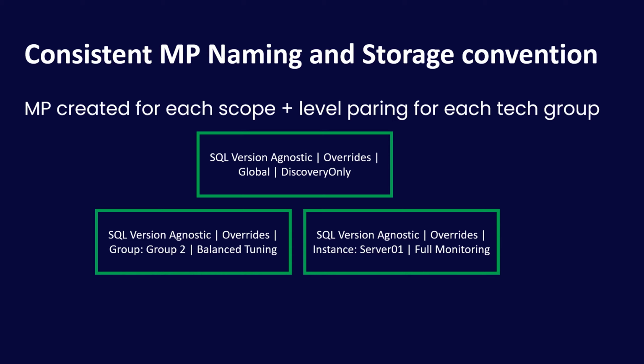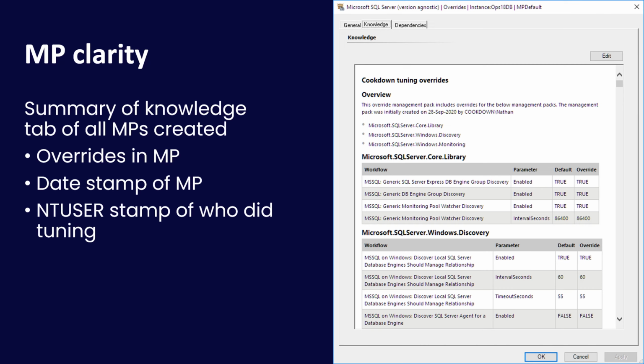So we have the name of the management pack or set of management packs, the technology group, the SQL version agnostic. You can tell from this name that overrides live inside these management packs. The scope is global. And if you've ever looked at EasyTune before, you'll be aware of the concept of levels, different levels of tuning contained within our tuning packs that are set as overrides in these management packs. Really, really useful. As I've shown you, there is a summary on the knowledge tab of everything that's in